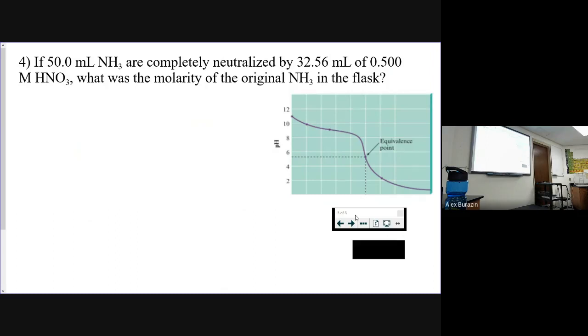No, okay, so ammonia is one of these weird weak bases, right? Where when we put it in water, it produces hydroxide, but the formula itself doesn't actually contain